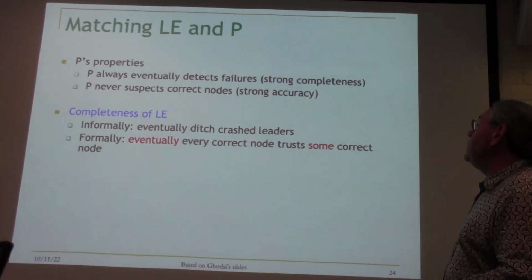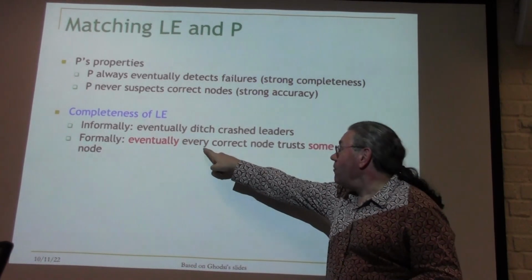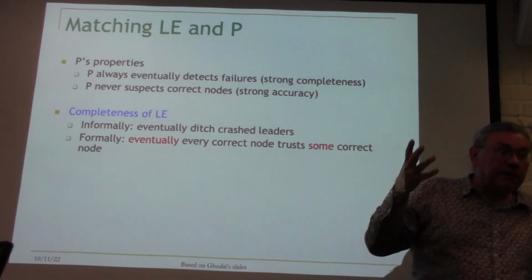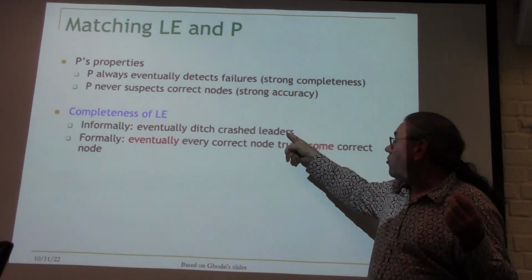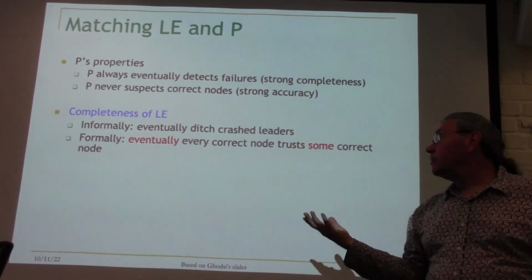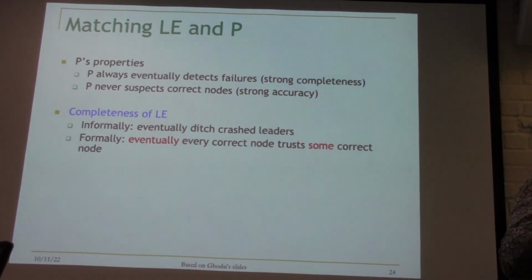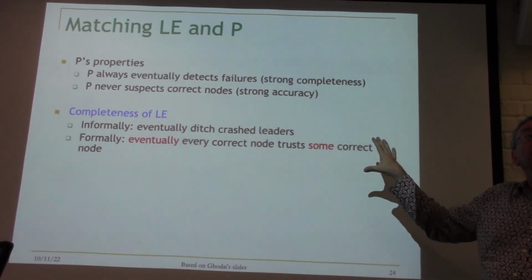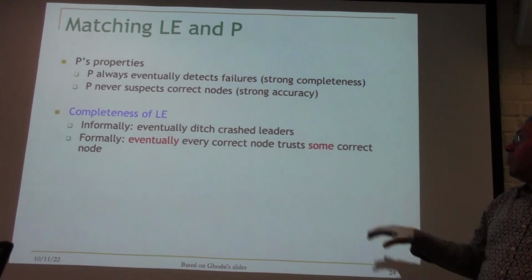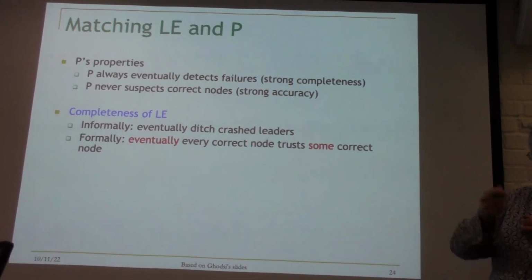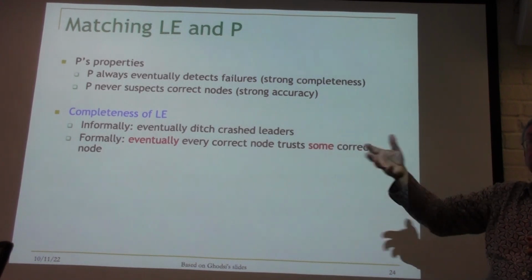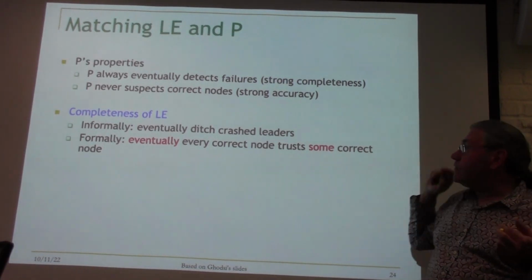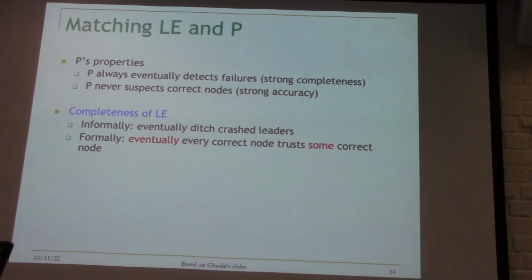Okay? Now, leader election has kind of similarities to that. So it's always complete. Complete means every correct node will have some leader. That's kind of a completeness property. If the leader crashes, it'll pick another leader. So the leader has to be correct. Notice that nodes can be crashing here. These algorithms are fault tolerant. Leader election is a fault tolerant algorithm. Nodes can crash. So if I think node X is the leader and X crashes, then I will change leaders, okay? But I will eventually trust some correct node. So in that sense, it's complete.